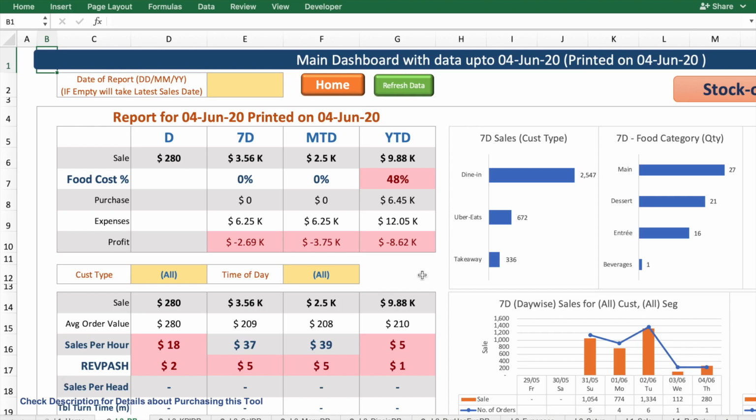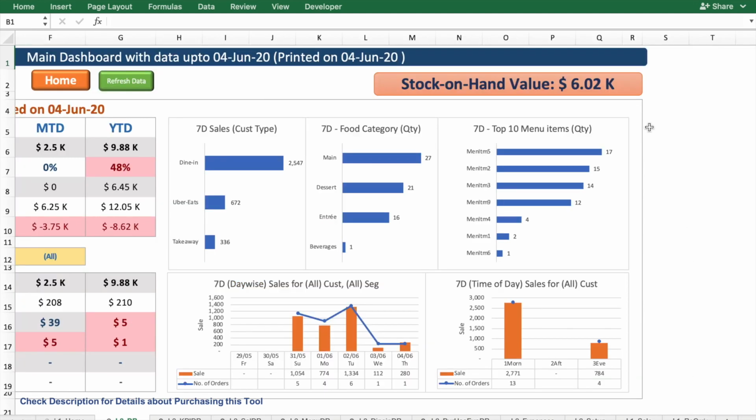The dashboard is also intelligent. Based on the targets that have been provided, the dashboard will automatically indicate all the metrics that are not matching the expectations. So every cell that you see which is colored red is not matching the target. This part of the dashboard provides the previous 7-day performance of the operation. The dashboard also provides the present stock on hand value.